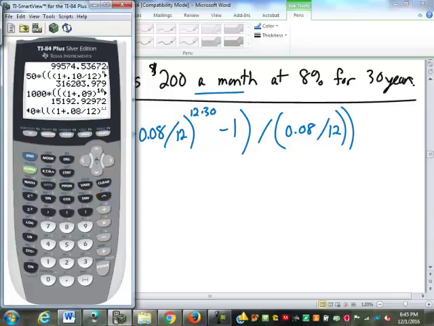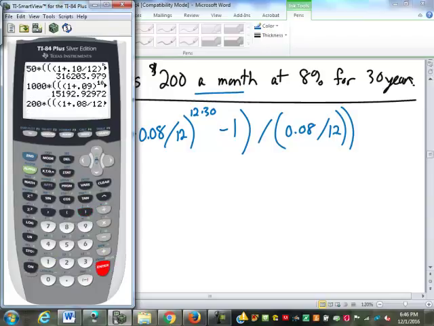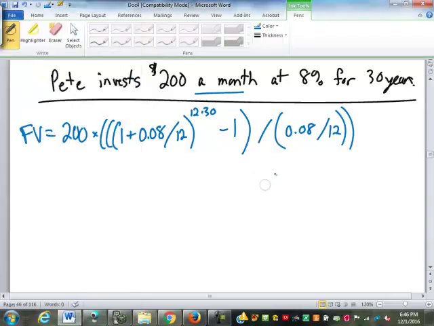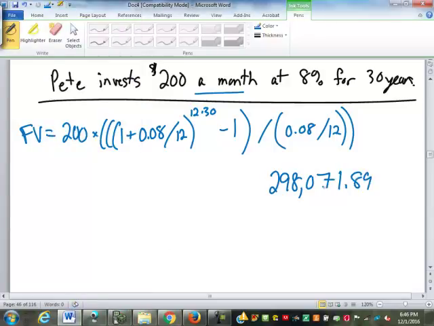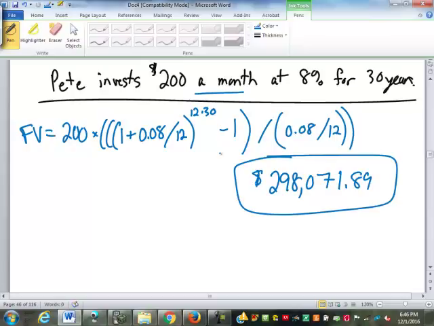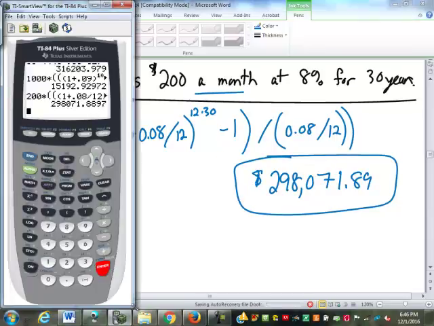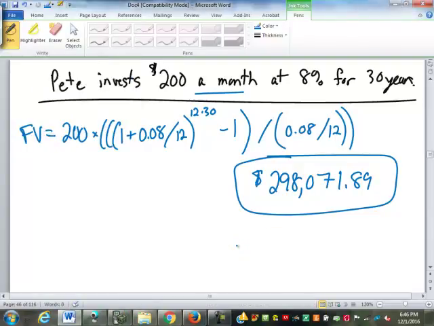$12 times 30 is just 360, so I'm just going to put that in. I'm getting $298,071.89. How many of you came up with that? $298,071.89. Yes? No? Good. Now, just to figure out the amount of interest,